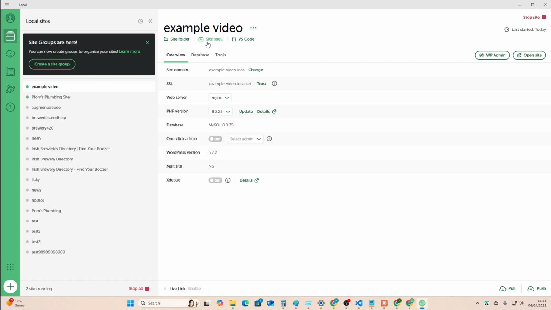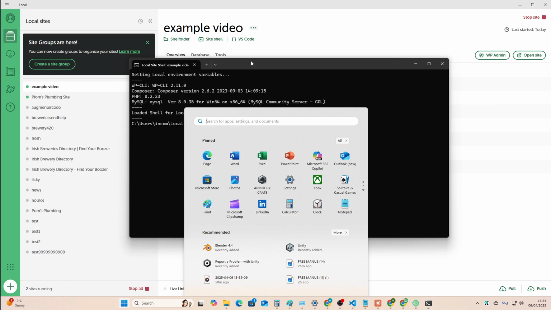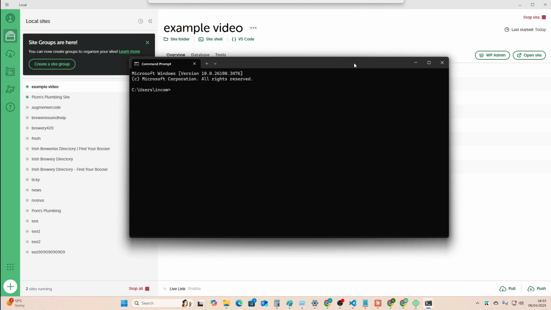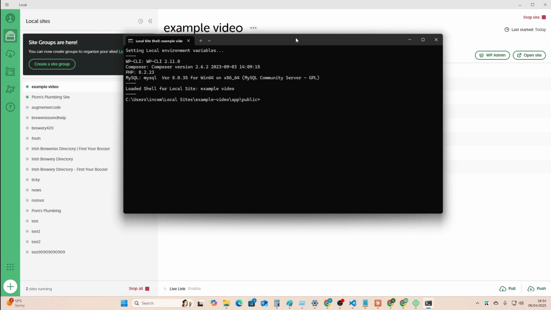But the other thing that we need to know is how to programmatically add pages and plugins, right? If I open up the site shell, right, this is the terminal of my local WordPress website. I don't want you to get confused here. This is not my normal terminal, right? This is my normal terminal for my Windows computer. This is the integrated terminal of the local WordPress installation. Okay, so if you did plugin